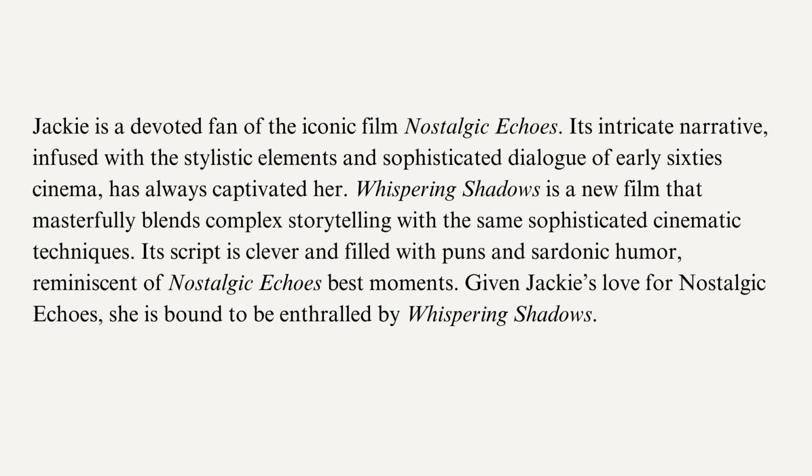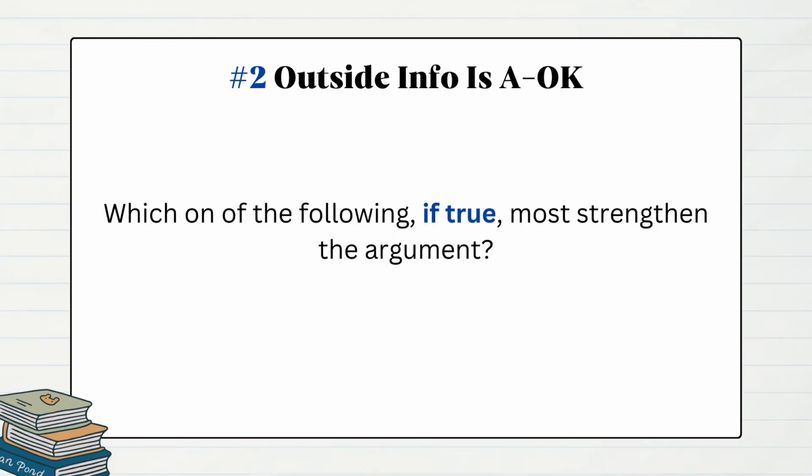So if you look at this example question stem for a strengthen or weaken question, it states which one of the following, if true, most strengthens the argument. In this case, if true is very important. So basically, all the answers you could assume to be true. You don't have to doubt them. They just tell you that this information is true. And from there, you can decide whether this actually weakens, strengthens, or perhaps does nothing towards the argument.